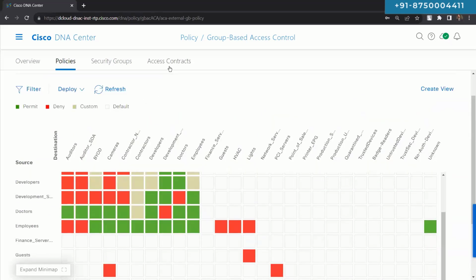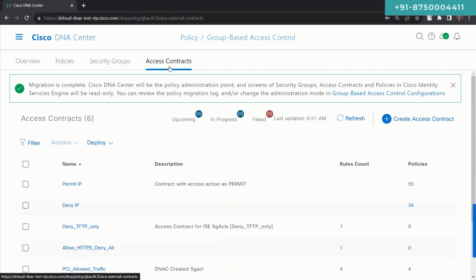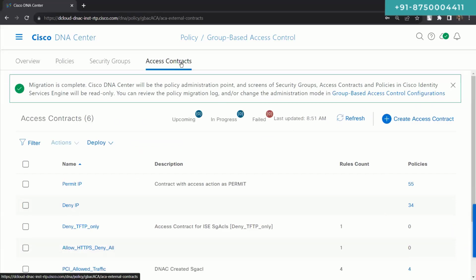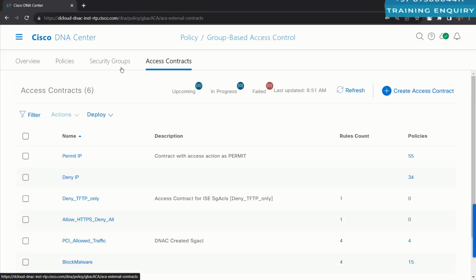In fact, we can create our own custom access contract. Custom access contract basically means I can create a custom access contract that says I will only allow TFTP or FTP. I will only allow Telnet and SSH. I can create my own custom contract. I can create my own custom rules for communication, and then I can use those rules right here in the